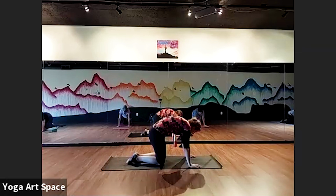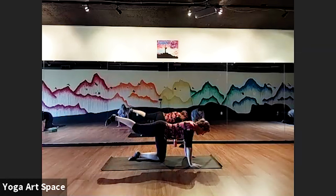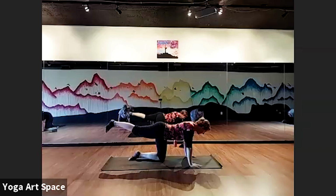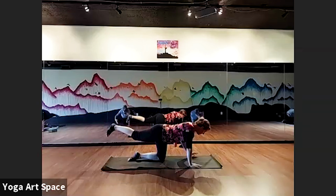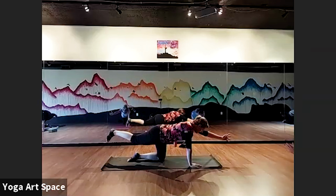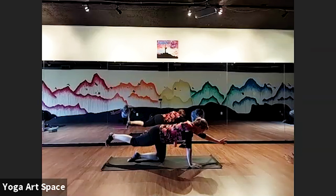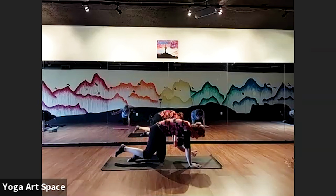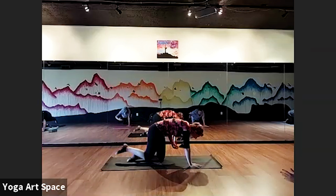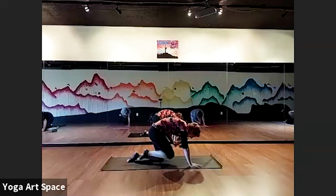Let's try out our bird dog. So right leg extends back behind you, about level with the head. Left arm tries to go forward. So you're balancing opposites. Just feel what your body can do with the eyes closed if possible. If balance is at least decently there, maybe try to take elbow to knee, 5, and straight back out. Use your breath, exhale to come under, 4,